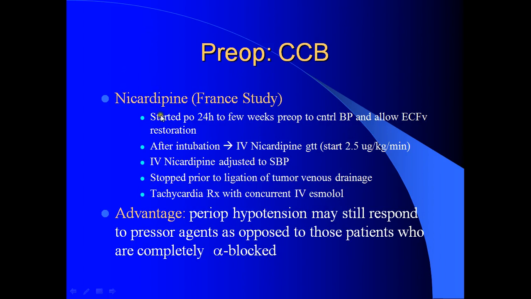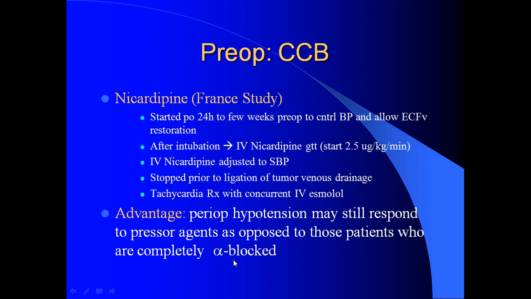A study was done in France to see the effect of nicardipine. It was started 24 hours to a few weeks pre-op to control blood pressure and allow extracellular fluid restoration, and after intubation IV nicardipine was given to these patients, adjusted according to systolic blood pressure. It was stopped prior to ligation of the tumor venous drainage, and it can cause tachycardia, which was treated with IV esmolol. The advantage is that peri-op hypertension may still respond to pressor agents, as opposed to those patients who are